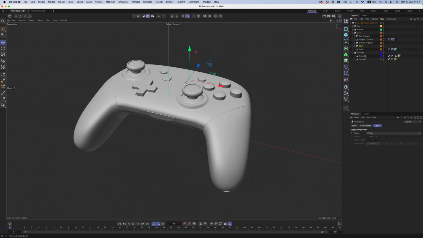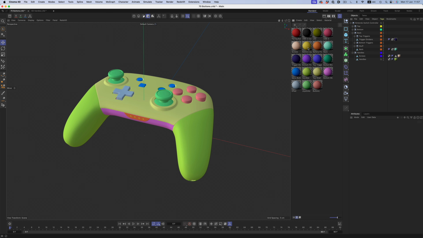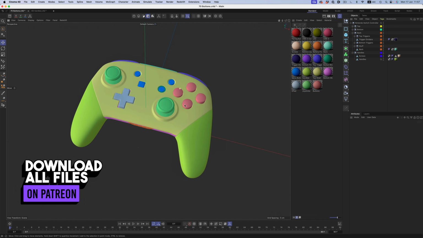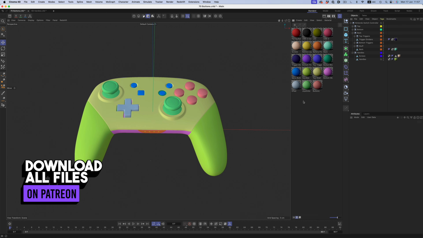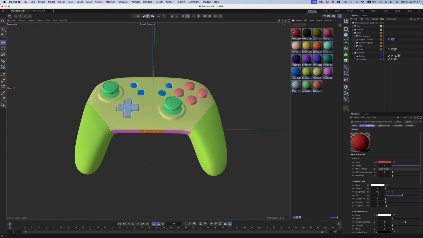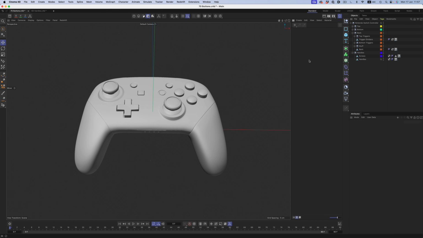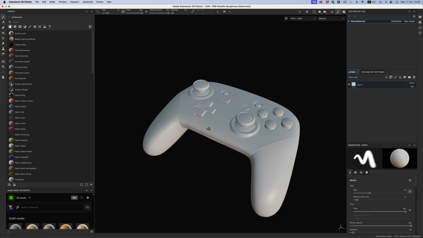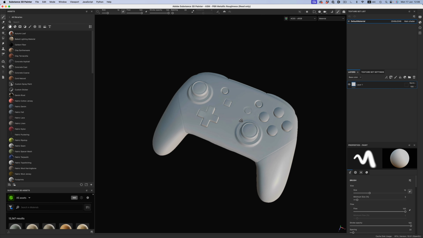Material groups are essentially an extension of how we laid out our UVs, and it's important to create them beforehand, mainly because of how things work inside Painter. In Painter, we don't see the object hierarchy at all. We will only see the material groups assigned to the different parts of our object. So if we don't have any, the whole object will be controlled by 1 material group. So if we delete all the materials and import just the geometry of the controller, notice what happens. We only have this 1 material group to work with, which will make things very tricky to set up because